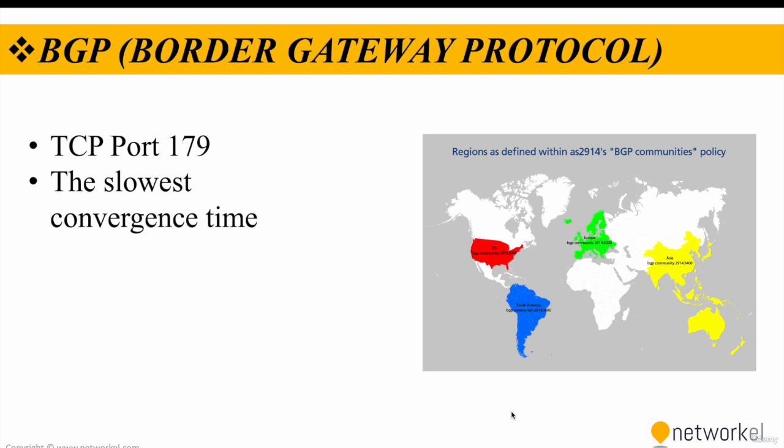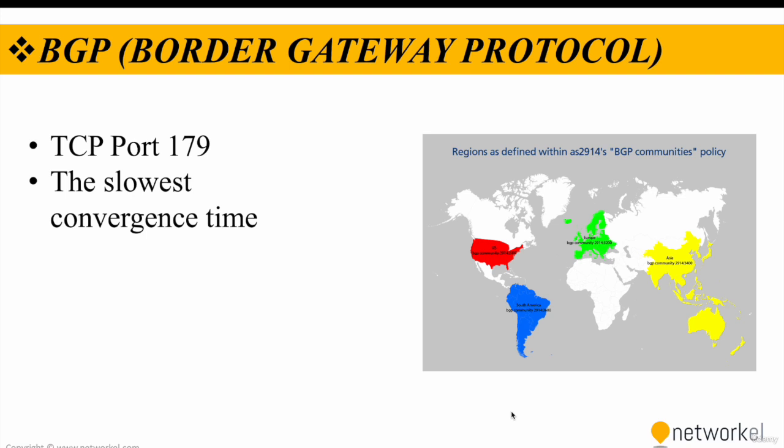So mainly, guys, it will operate between different autonomous systems, but there are some use cases it can operate within the same autonomous systems as well. It uses attributes like AS path, next hop, and prefix length to select the most efficient route. BGP handles large and complex routing tables and is essential for the global internet. So in summary, BGP is critical for internet routing, managing the exchange of routing information between diverse networks to ensure